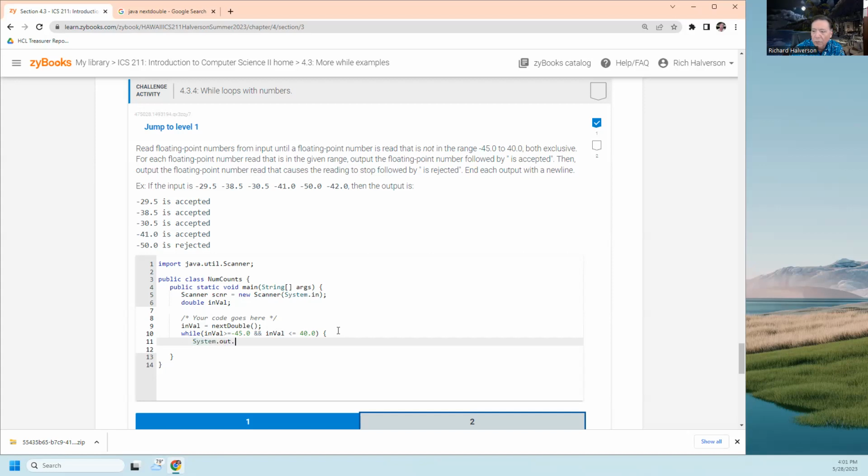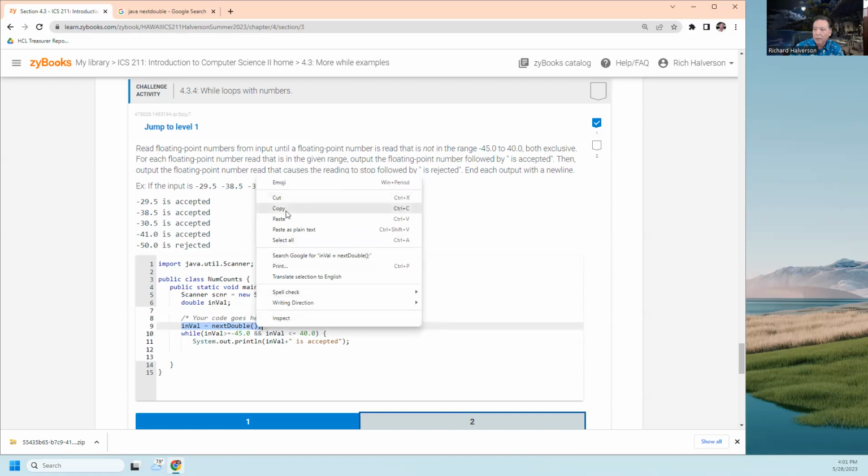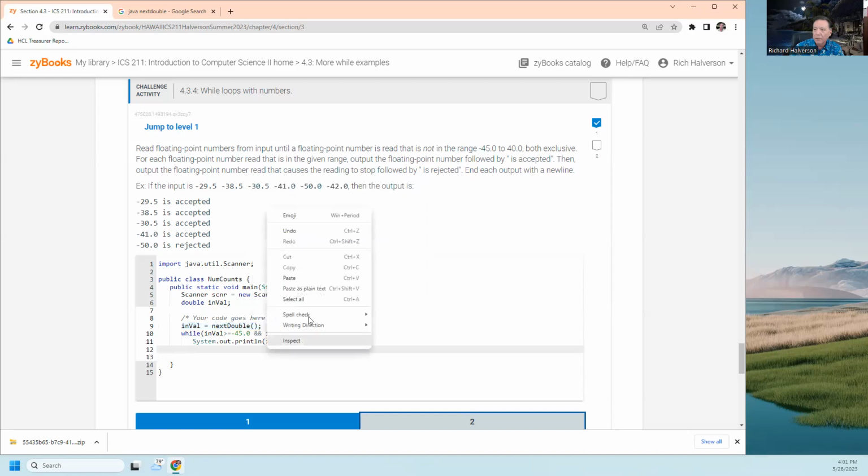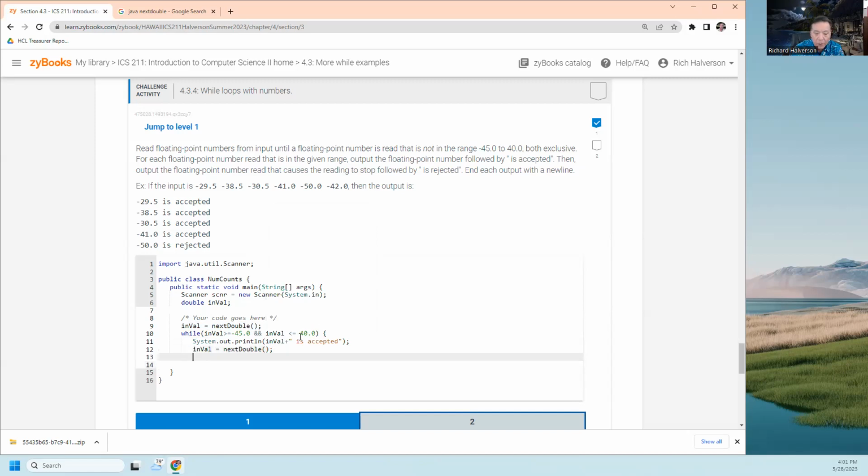system out print line inval plus space is accepted. Okay, and then we have to read in the next inval. Copy, paste. Okay, then we can close the while, and when we exit,